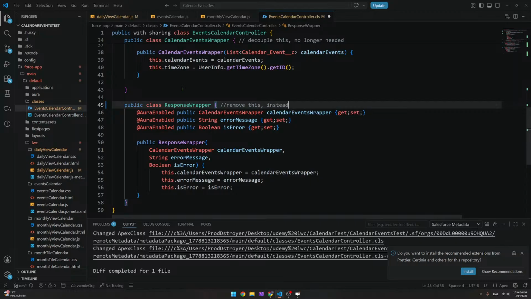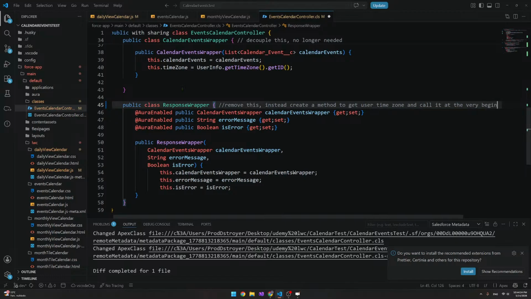Remove this, instead create a method to get the user time zone and call it at the very beginning of